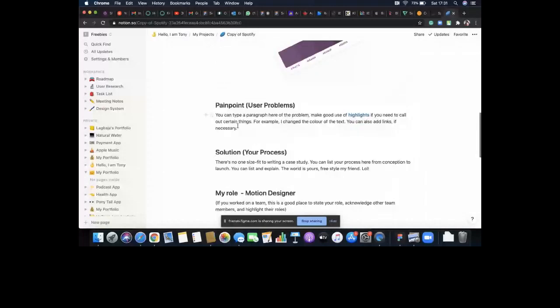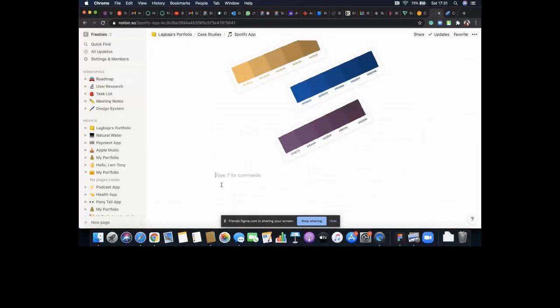The next thing we want to do is, like I said, when you're writing your case study, there's no one way it should be. What I've just done is just a hybrid of what I expect to see on your portfolio. So you may want to talk about the user problems, and you just go ahead and begin to put it here.